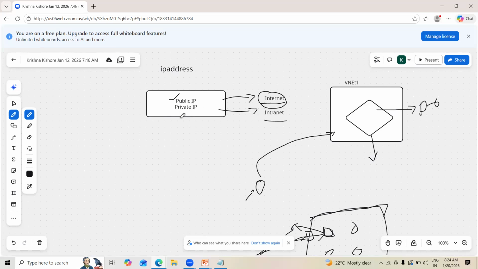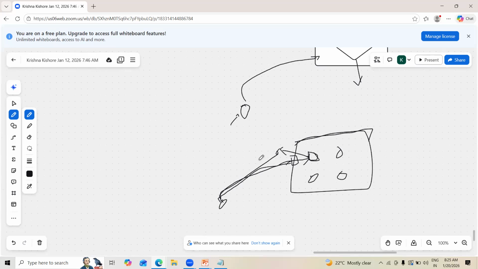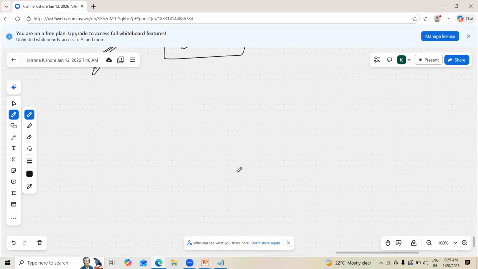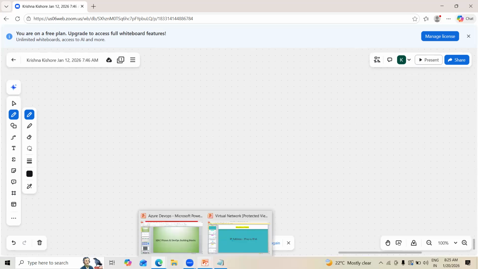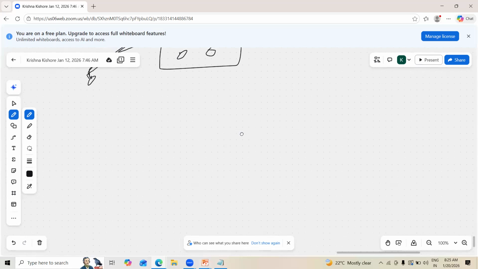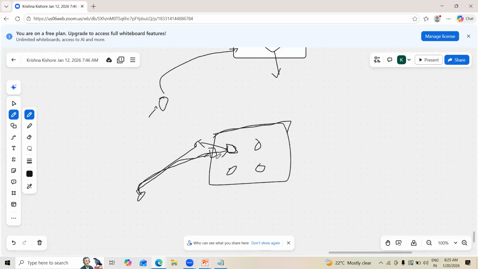We are going to discuss what the types of public IPs and private IPs are, and what the importance of this is. Why can't you use a public IP everywhere? Why can't you use only private IPs everywhere? That we are going to discuss one by one. Before we discuss public and private IPs,